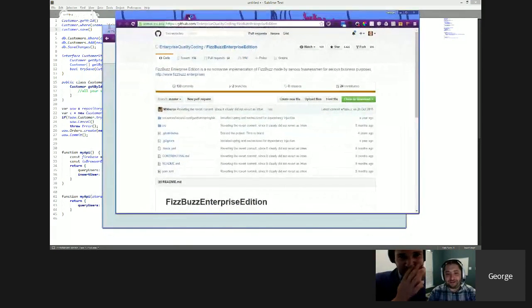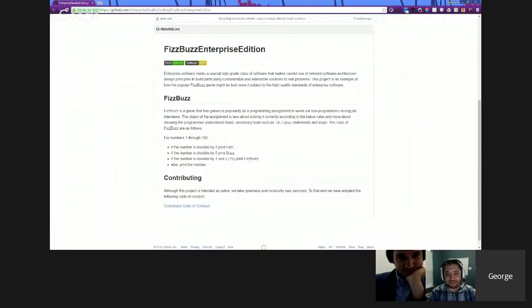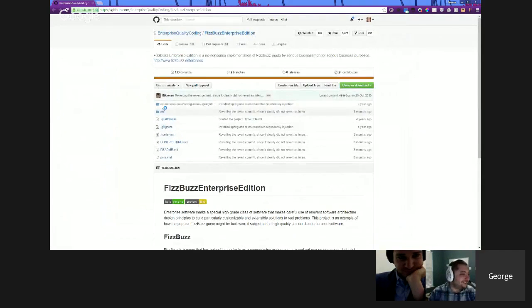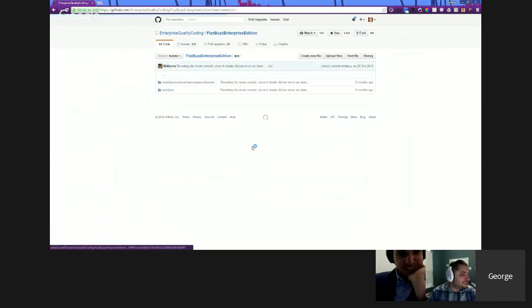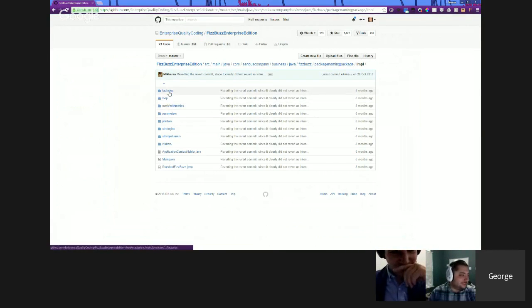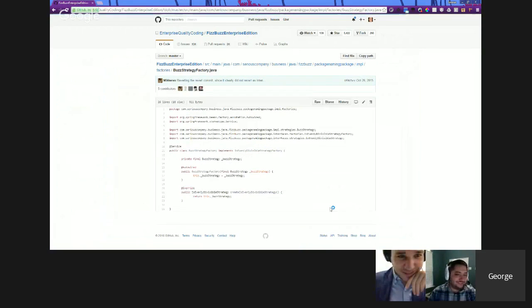It's just doing FizzBuzz, with all sorts of patterns and implementations. Click inside and look at the source, there are unit tests written. Then look at the implementation. Look how many folders and other stuff there are. Factories. There we go.